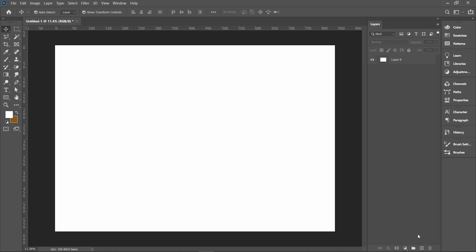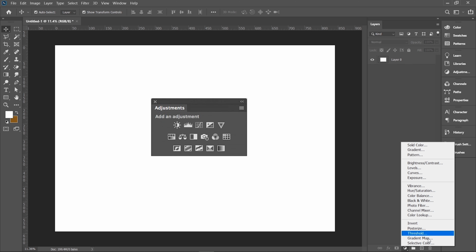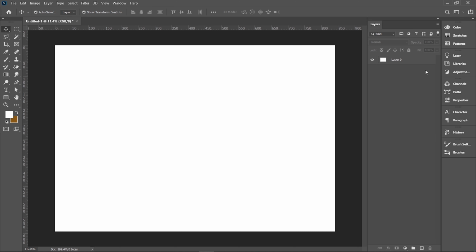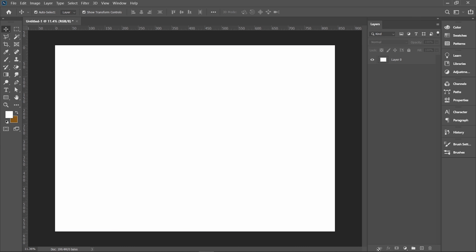At the bottom, you will observe these icons. This plus icon is for adding a new layer. The next icon is for grouping the layers. The next and the most important feature is the adjustments icon. Most of the Photoshop effects revolve around these adjustment options. I'll explain them all in a separate video. The next option is for masking, which I have discussed earlier, and this FX icon is for blending options of the selected layer. Let's make a new layer and try using brush tool.